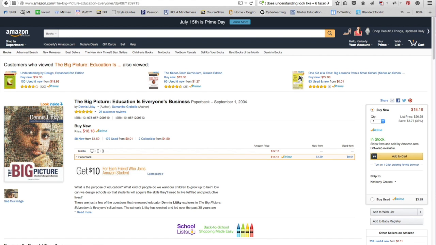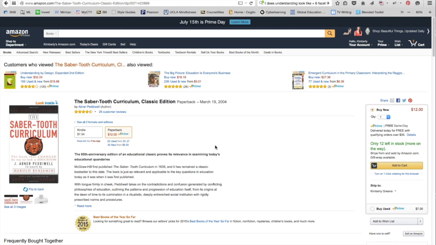And then the other book, The Saber-Tooth Curriculum, again, everyone enjoys this book, but typically we recommend it for those doing high school or adult learners and anyone doing Ed Ministry or in a non-traditional educational setting. But all 3 books are wonderful, and 99.99999% of all the people who read them truly love them. These are books people keep. These are not books you read and then get rid of. So with that said,